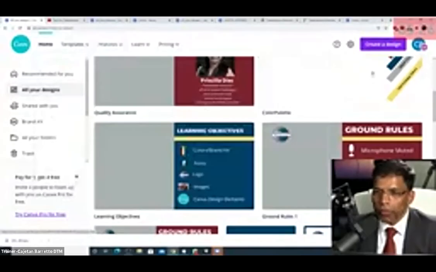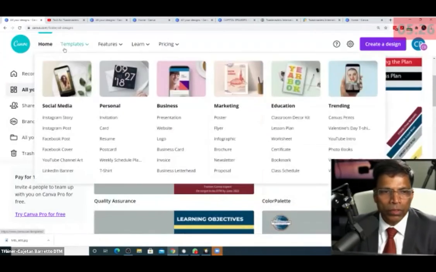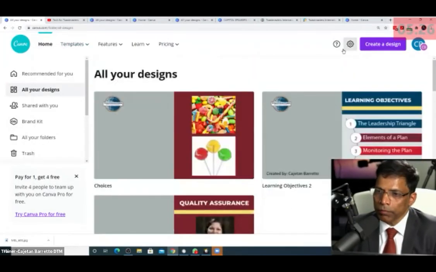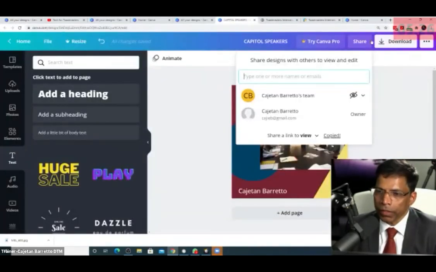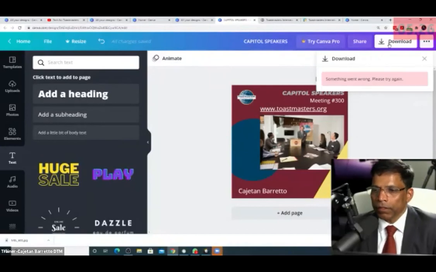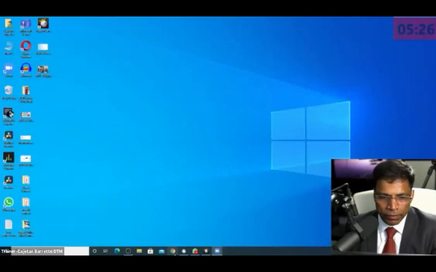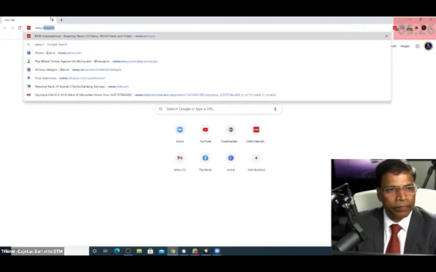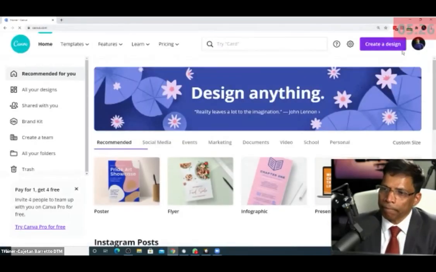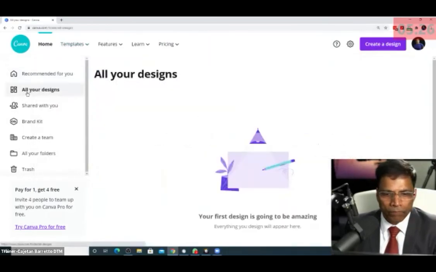But is there not a way, Cajetan, to post directly from Canva to the social media? Yes, you can do that. You can directly post to Facebook and Instagram. If you see the option, let me click share. I'm having a small problem on my PC. Let me try and sort it out. Let me close everything. Oh, I'm on a wrong...